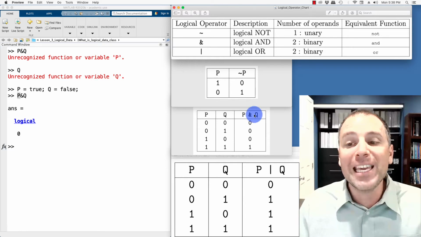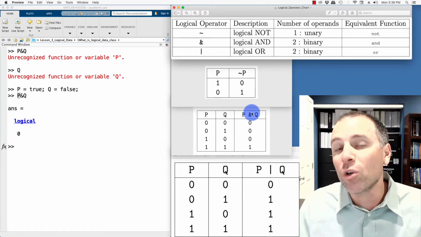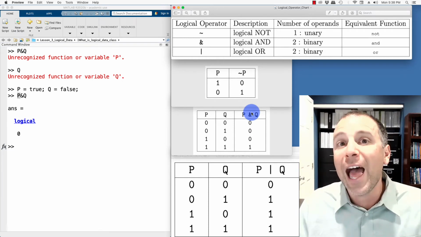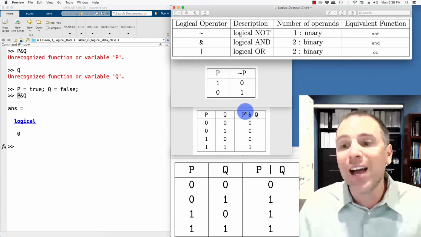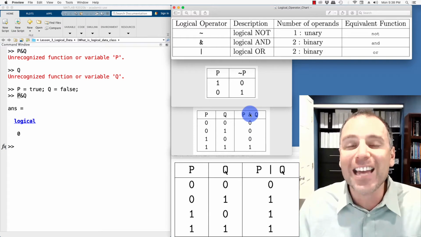Similarly, when we look at P and Q, the form of that proposition tells us general structure or logical rules. However, in order to actually realize a truth value, we need to assign truth values to the appropriate components of that logical operation. So when the P component is true and the Q component is true, the corresponding P and Q statement then becomes true also, because the AND operation is true exactly when both inputs are also true.